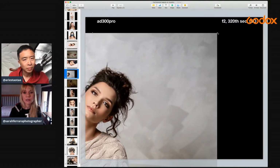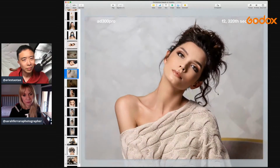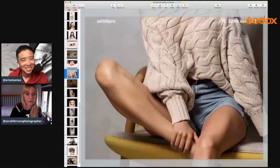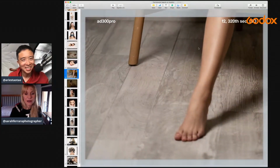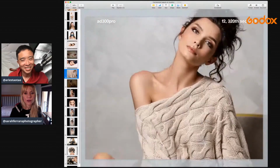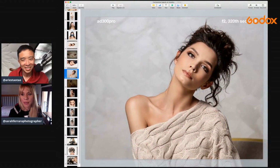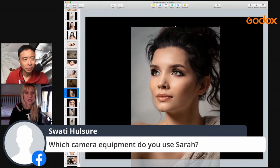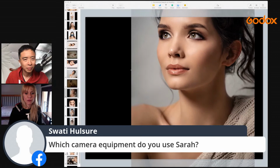So we can go even bigger. Let's zoom in. So you can see then, the f2 is causing her foot to go out of focus, but because I'm a little way back and I'm using a 50mm, we've got a lot more in focus than if I was using a longer lens. I then switched lenses to, I think I went back to my 70-200 for this one to get a much,